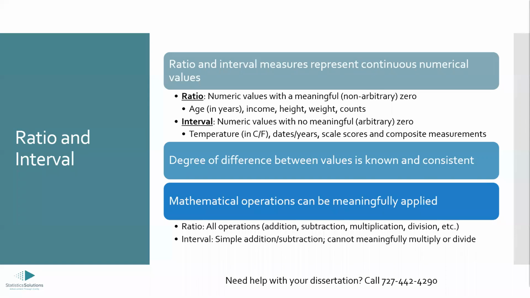So for instance, we know what the difference is between a value of 1 and a value of 2. And we know that that difference is also the same between a value of 2 and a value of 3,